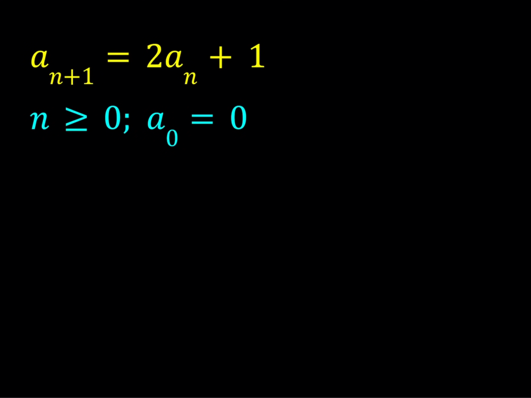Hello everyone. In this video we're going to be finding the nth term of a sequence given by this recursive formula. We have a sub n plus 1 equals 2 times a sub n plus 1, for n greater than or equal to 0, and a sub 0 is equal to 0. So in order to find the nth term, or a sub n, we're going to use generating functions, and